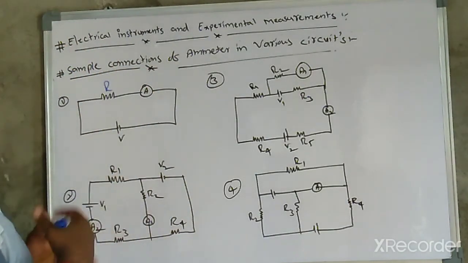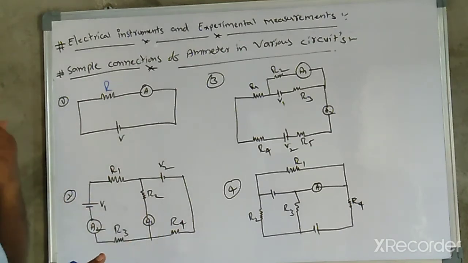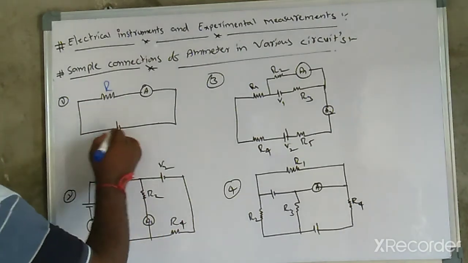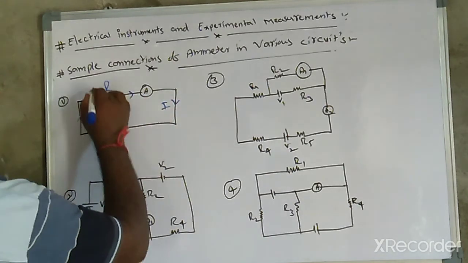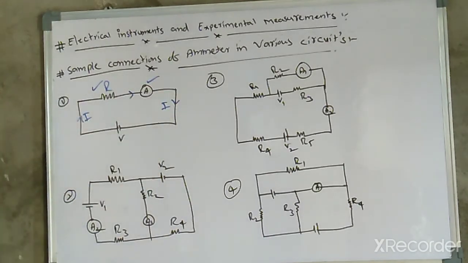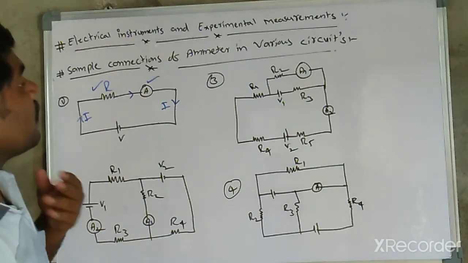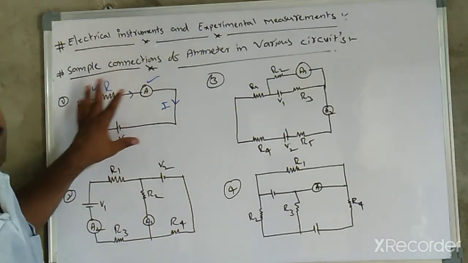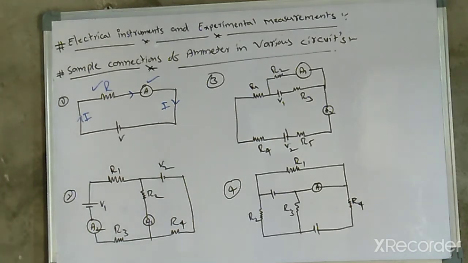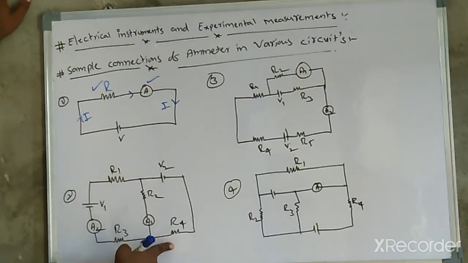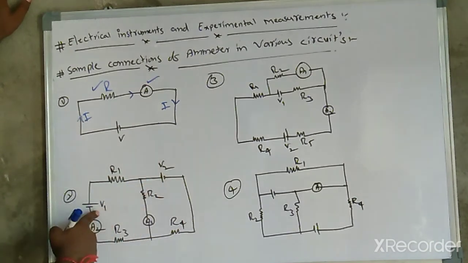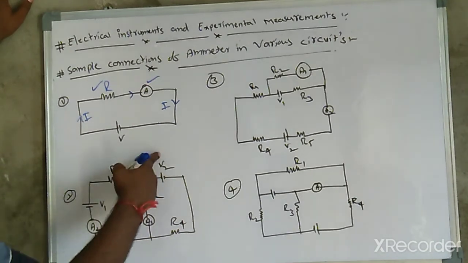The ammeter and resistor are in series combination only, and the current is moving like this. This much current passes through the resistor as well as the ammeter. The same current passes through the ammeter also. Whenever they ask this type of question, you may do it like this. In the second model, there is one ammeter. This is a circuit with R1, R2, R3 and R4, one battery named V1 and one more battery named V2.